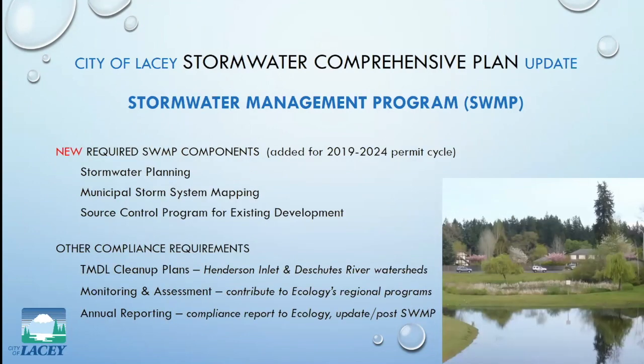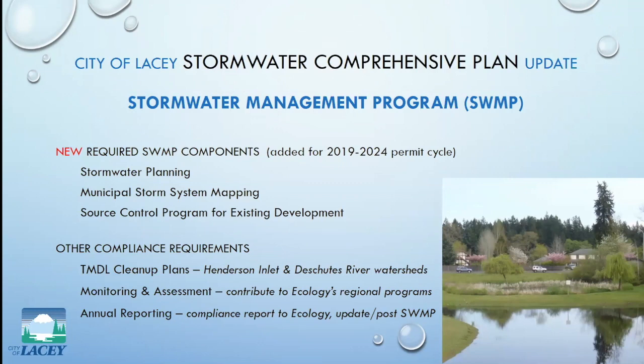So now for the 2019 through 2024 permit, all of those 5 that I just talked about are still in effect, but there are 3 new ones that have been added to our stormwater management program. So the first one is stormwater planning, and there's municipal storm system mapping, and a source control program for existing development. Each of these components has a variety of requirements that come along with them that we have to pay attention to. Now our SWMP has gone from 5 components to 8 with these 3 new ones,